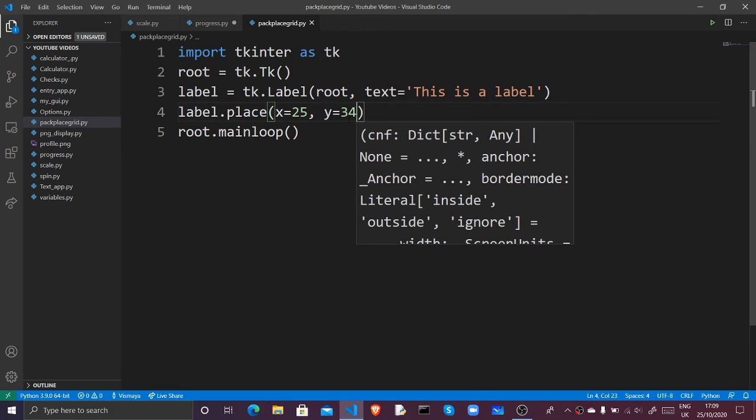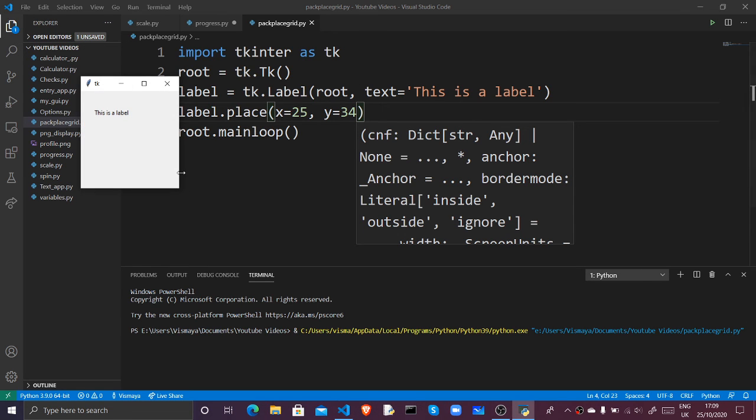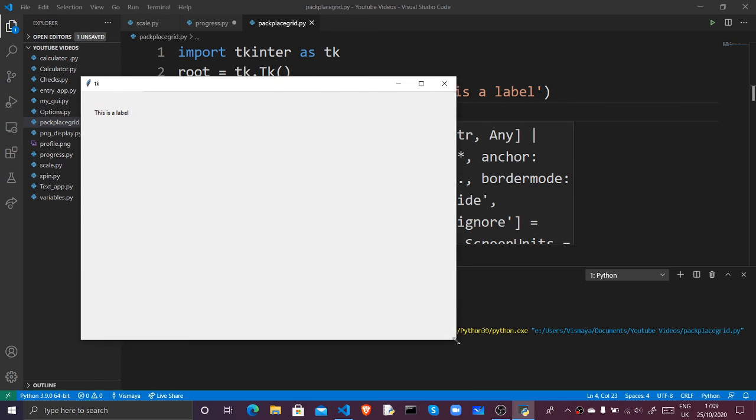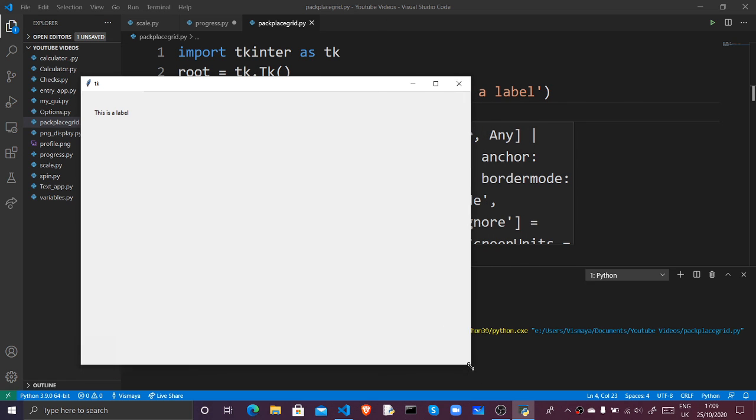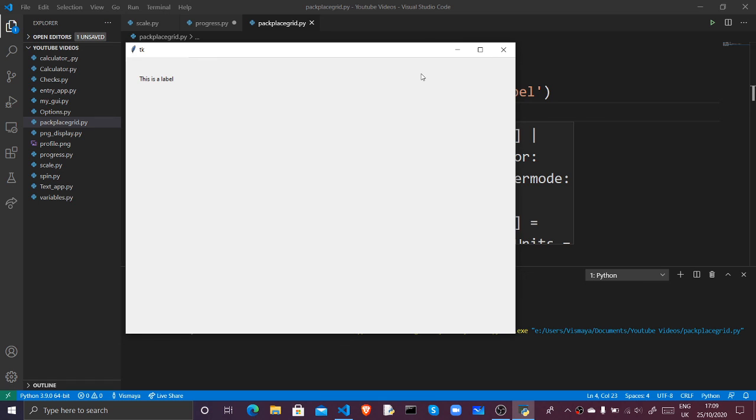And do note that when you're using place, even when you resize the window, it doesn't match with your X and Y position. It can even disappear out of your window. That's why you might have to take into consideration making the window unresizable, like I'd shown you in the first tutorial, where the user can't resize the window. Or you could be taking the size of the tkinter window from the user, and then you could place the